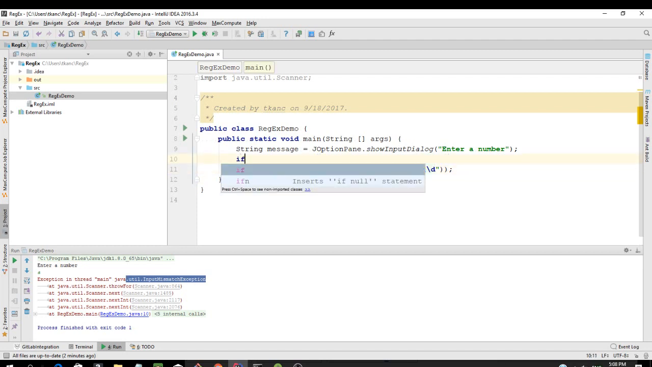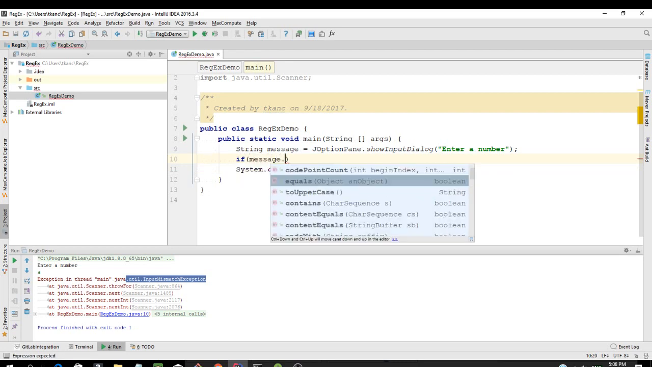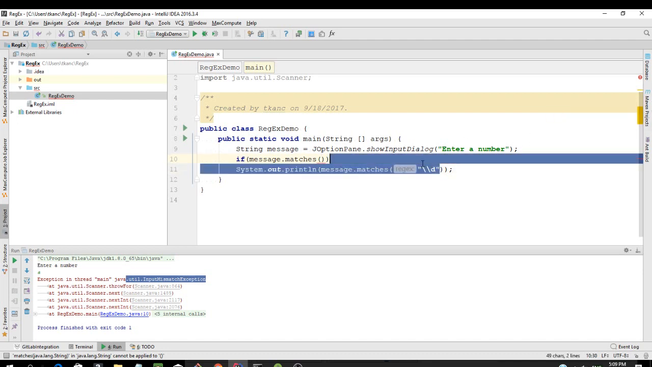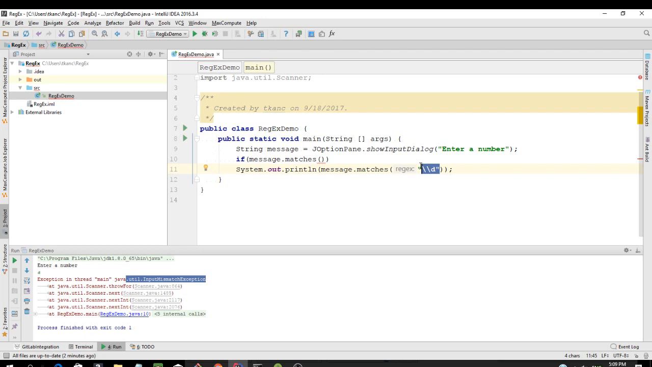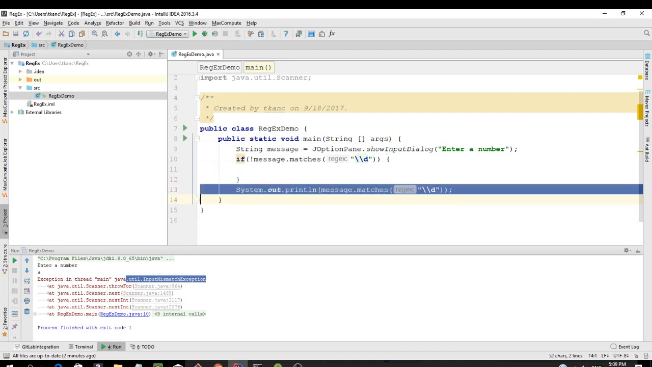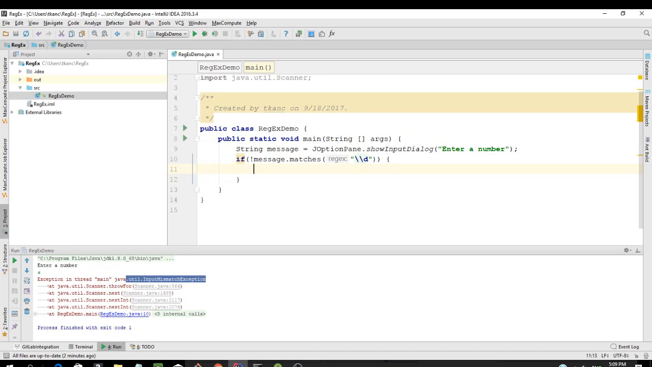So we can say if message.matches and then number, right? This is the regex for number, right? If it's a number, then we don't have to do anything. But if it's not a number, this is input validation, right? Then we pretty much just going to say something like